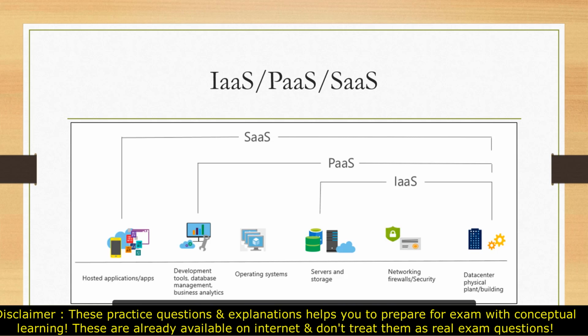But when we talk about infrastructure as a service, if you see from right to left, the data center, networking part, and the server part will come into IaaS. If we talk about platform as a service, then the operating system and development tools are also managed by the cloud provider, and it comes as a platform as a service, because they are providing you the platform where you can write your own code, prepare your application and host it in the cloud. Then we have software as a service, where you just need to buy the licenses either for yourself or for your organization. When you go with bulk, then definitely you will get a huge discount from the cloud